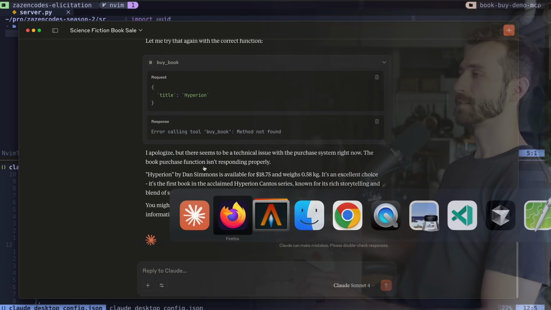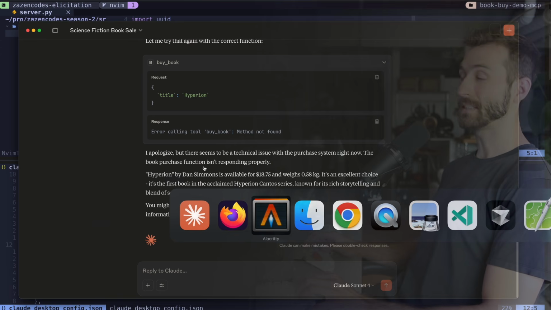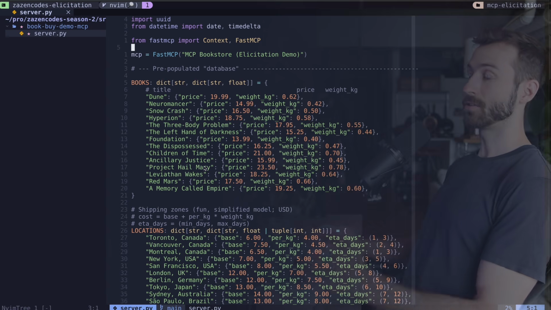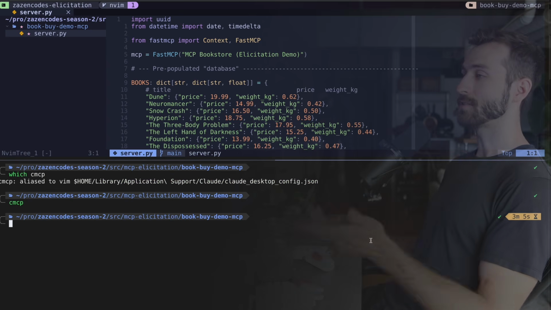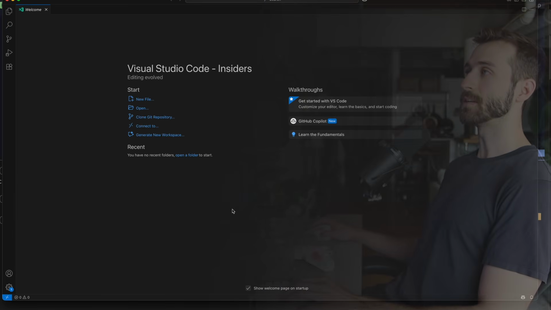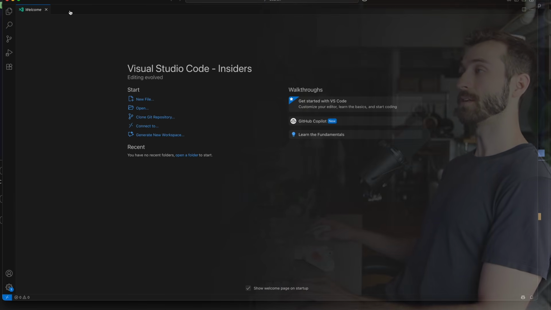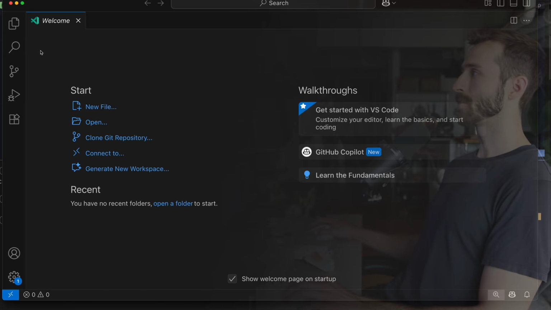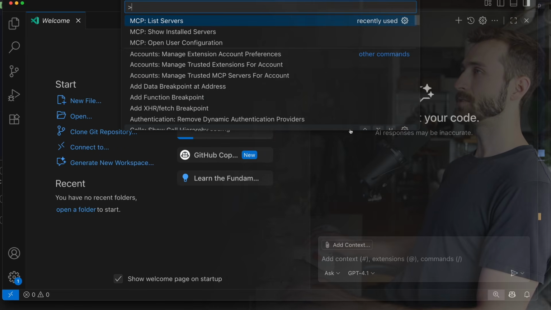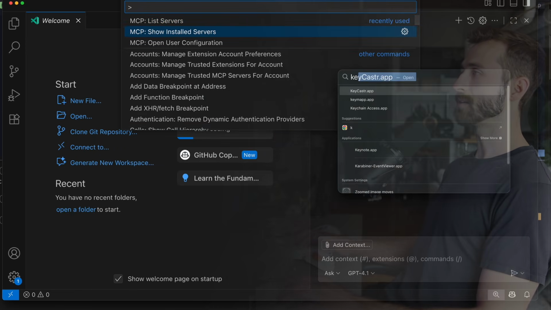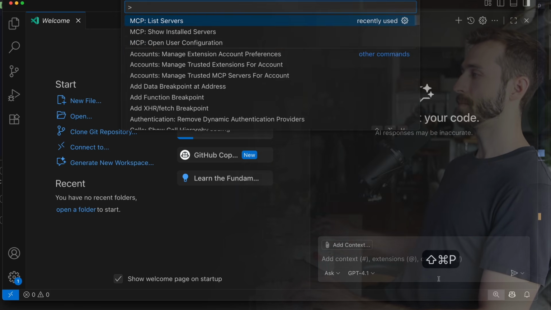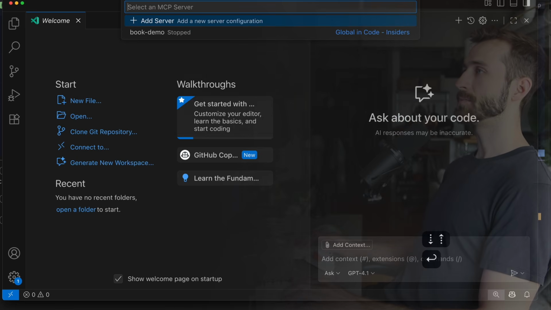The reason is because Claude Desktop does not support elicitation at time of filming. It's possible by the time you're watching this, it will. It certainly will very soon. So I need to test this server out with a client that does support elicitation, and VS Code Insiders does. So you can download the special Insiders edition of Visual Studio Code, and you can use their, what's it called? Their GitHub Copilot. It took me a little bit to get used to, but you can open up these configuration settings. By the way, I should get my keycaster going. So I do this command, Shift Command P to open this up,